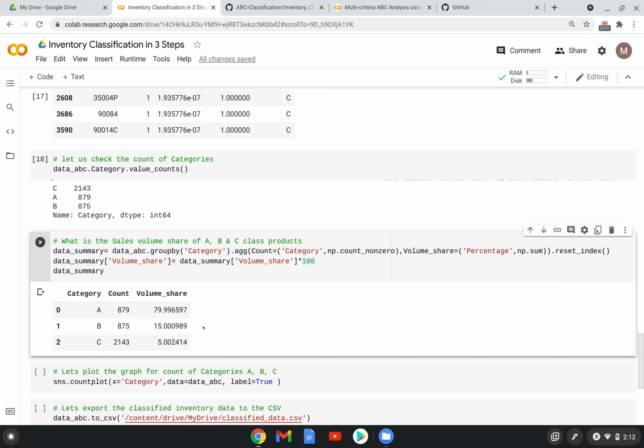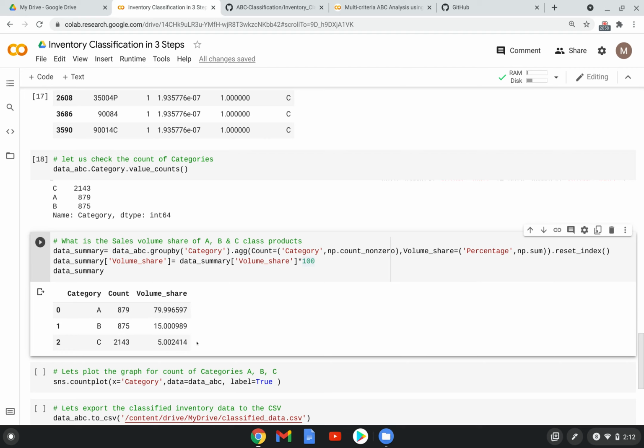So what we can understand from this is we don't need to give more importance, like we have given to A class, when it comes to B class items. We can keep a moderate service level for these class items, because if there is any stock out for these B class items, then we won't have much sales loss. We might have minimal sales loss, right? So that's the reason we can keep moderate safety stock and moderate service level for these class items.